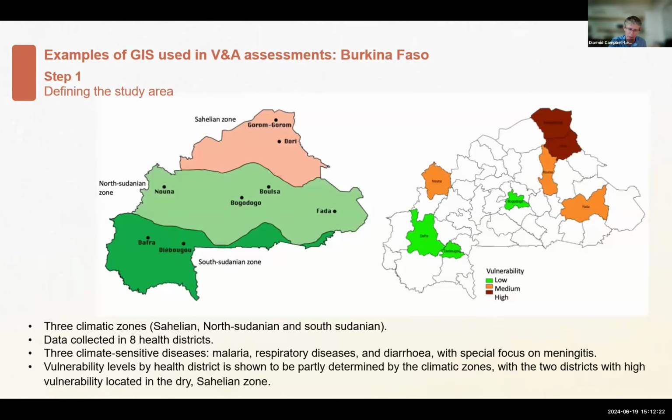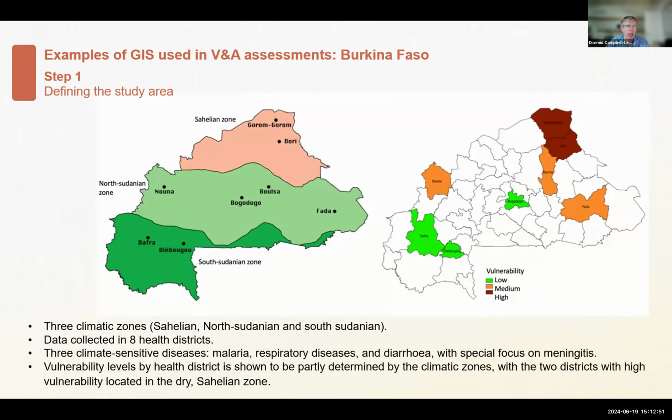So hopefully you can see that it's being used to identify areas that have particular health problems. It's being used to identify areas which have particular exposures to weather and climate hazards. It can also be used to, if you like, stratify the assessment or the study so that it's possible to get a good and comprehensive picture of the way in which climate and health interact in different parts of, in